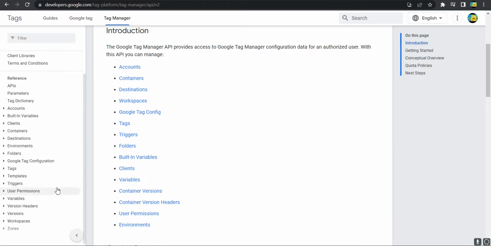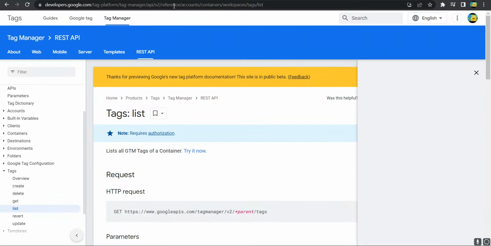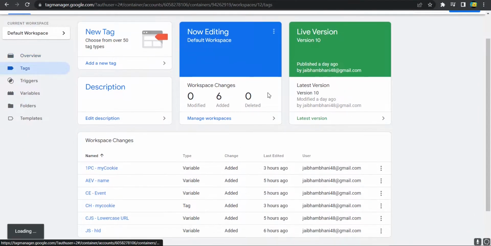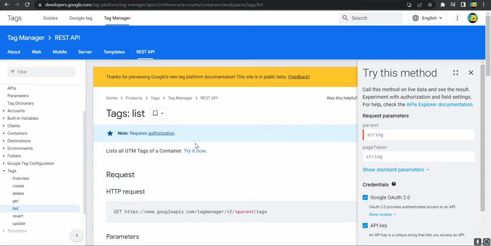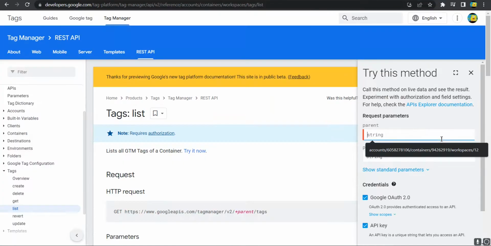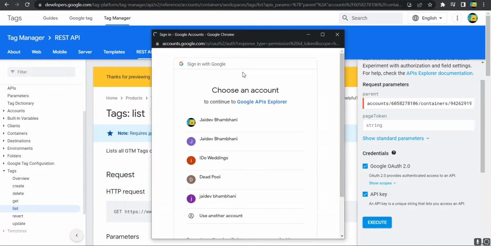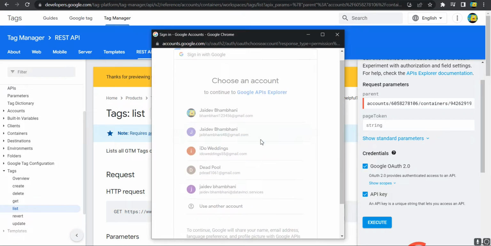So let's just start with tags. Let's say I want to get the list of tags that I have in my workspace, which is here, right? So this asks for something called a parent string. What you need to do is go to tags and accounts. You need to copy this part and then paste it here. Now once you do that, it will ask you to sign in, authentication, and